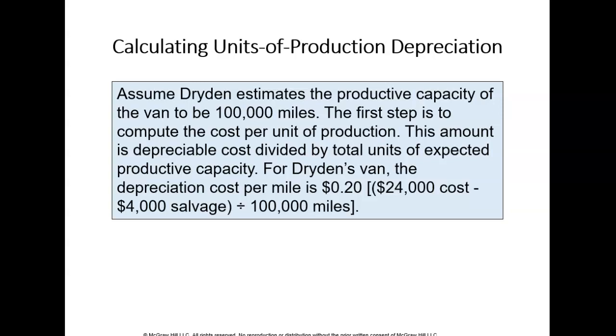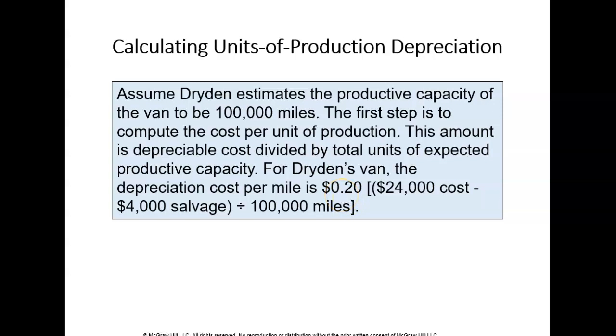Let's go through it. This van that we purchased had the capacity to be driven a total of 100,000 miles. Recall that the cost of the asset was 24,000. Salvage value was 4,000, which gave us a depreciable cost of 20,000. And we're saying the van can be driven for a total of 100,000 miles. So now every time I drive this van 1 mile, I'm going to expense at a rate of 20 cents